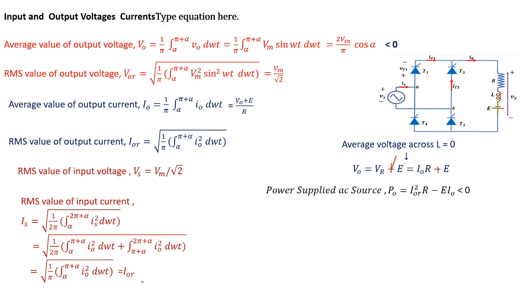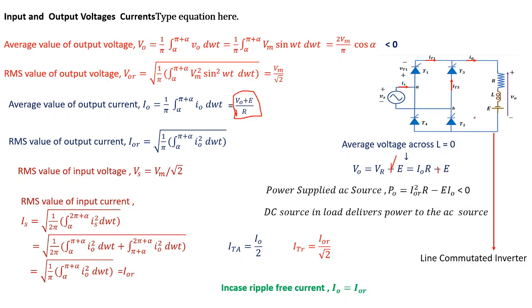The derivation is more or less similar to that of the converter in rectifier mode. So the formulas are more or less the same, except this particular change. And why this change? Because in order to operate the converter in inverting mode, you must have reverse polarity for the battery, and if that is incorporated into the formula, this becomes positive. So V0 plus E by R. This is the only change. So please note this change in the line commutated inverter case. The average value of load current is equal to V0 plus E by R, where E is the absolute value of the battery voltage.